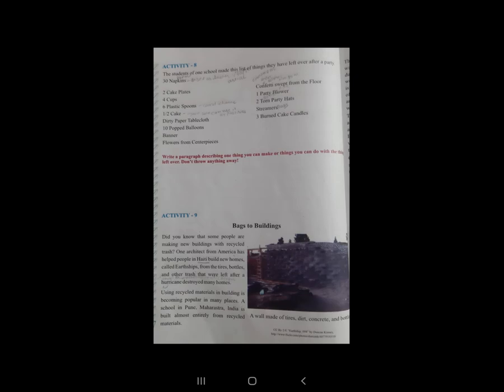So, in this article, Bags to Building, how to make advantageous use of trash is described. One architect from America has helped people in Haiti build new homes called earthships. Using recycled materials in building is becoming popular in many places. And which is that school?